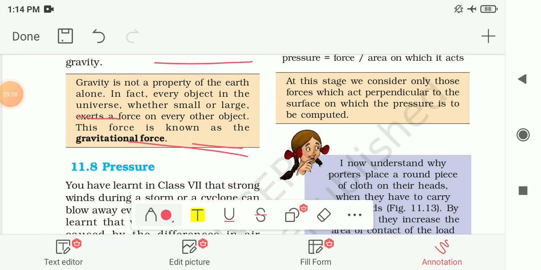So till now in this chapter we have seen what force is, how we can represent the different activities around us as push or pull, and how force can affect any object. Then we saw the different types of force; the two main types are contact forces and non-contact forces. In contact forces we saw the examples of muscular force and frictional force. In non-contact forces we saw the examples of magnetic force, electrostatic force and gravitational force. The remaining part, that is pressure, we will study in the next video. Thank you.